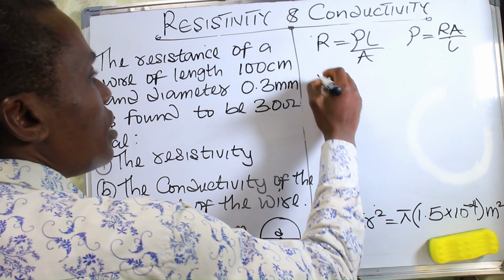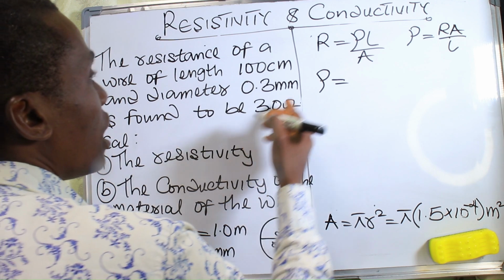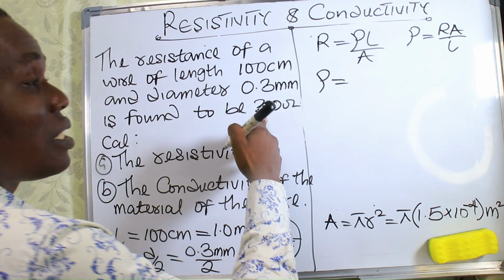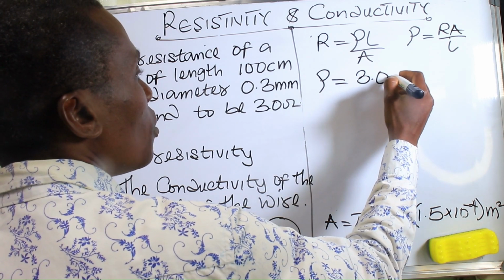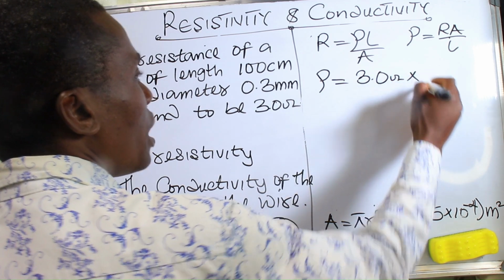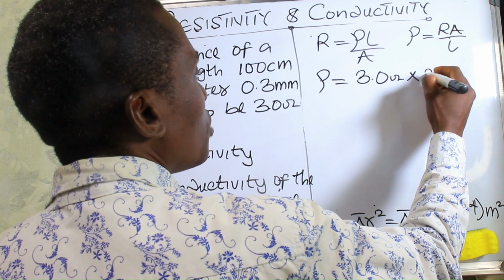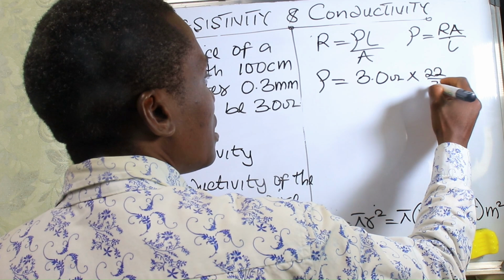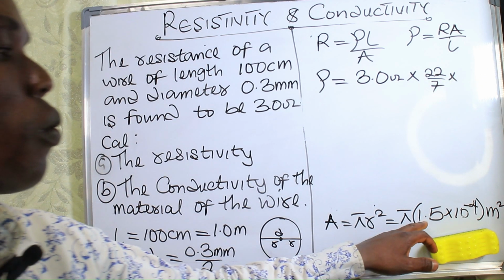So our resistivity now will be equal to the resistance, which is 3.0 ohms, multiplied by the area, which is pi, 22 divided by 7, times this whole thing will be